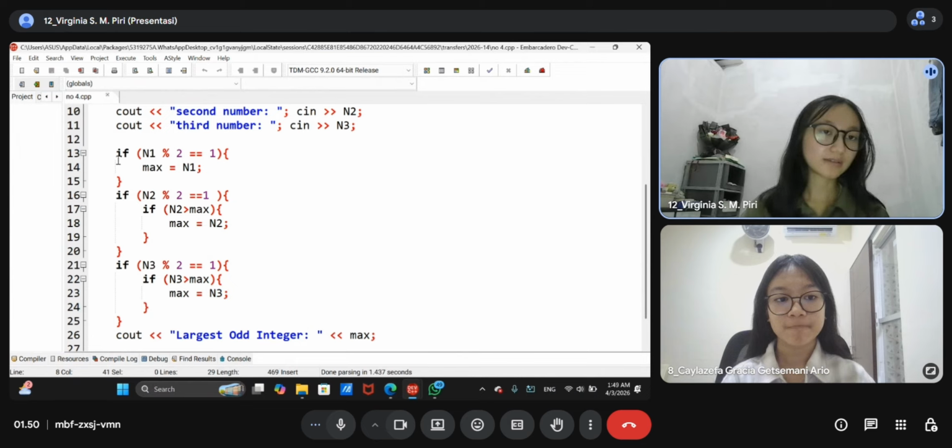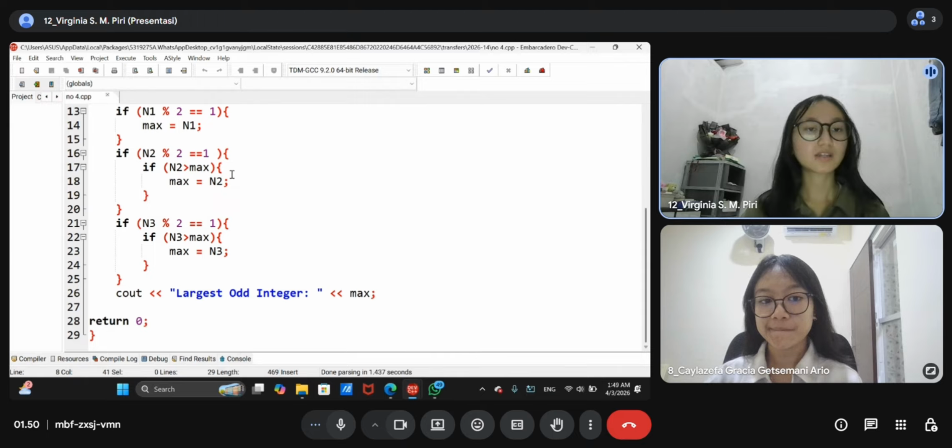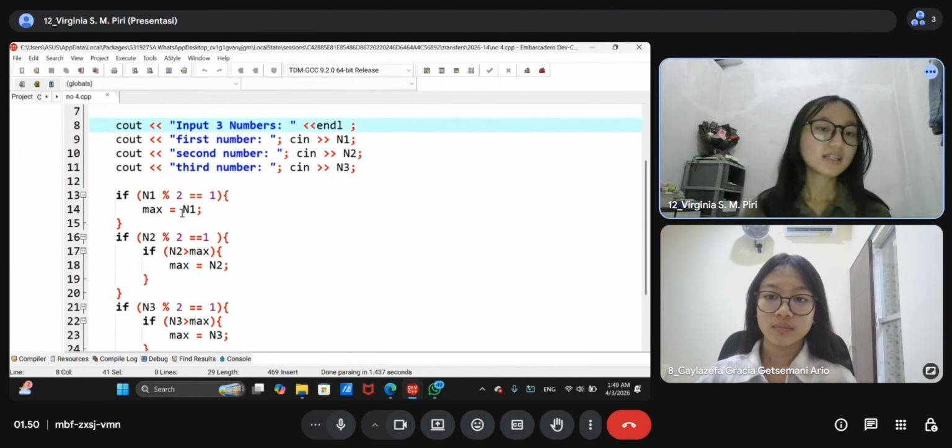And then we close this if, and then we make another if: n2 modulo 2 equals 1, and then we have another decision, if n2 is larger than max, that means the max is n2. So what does this mean? In this first one, we know that n1 is the first number. That's why we only store n1 straight to the max.